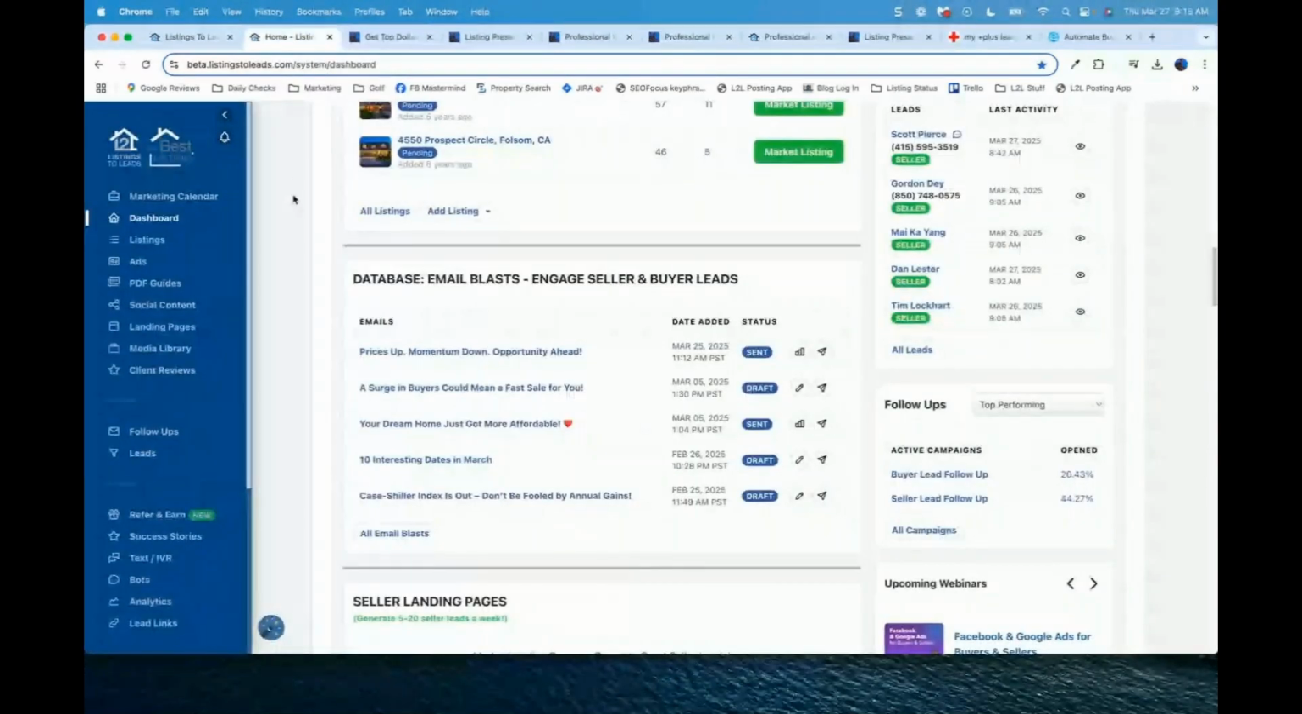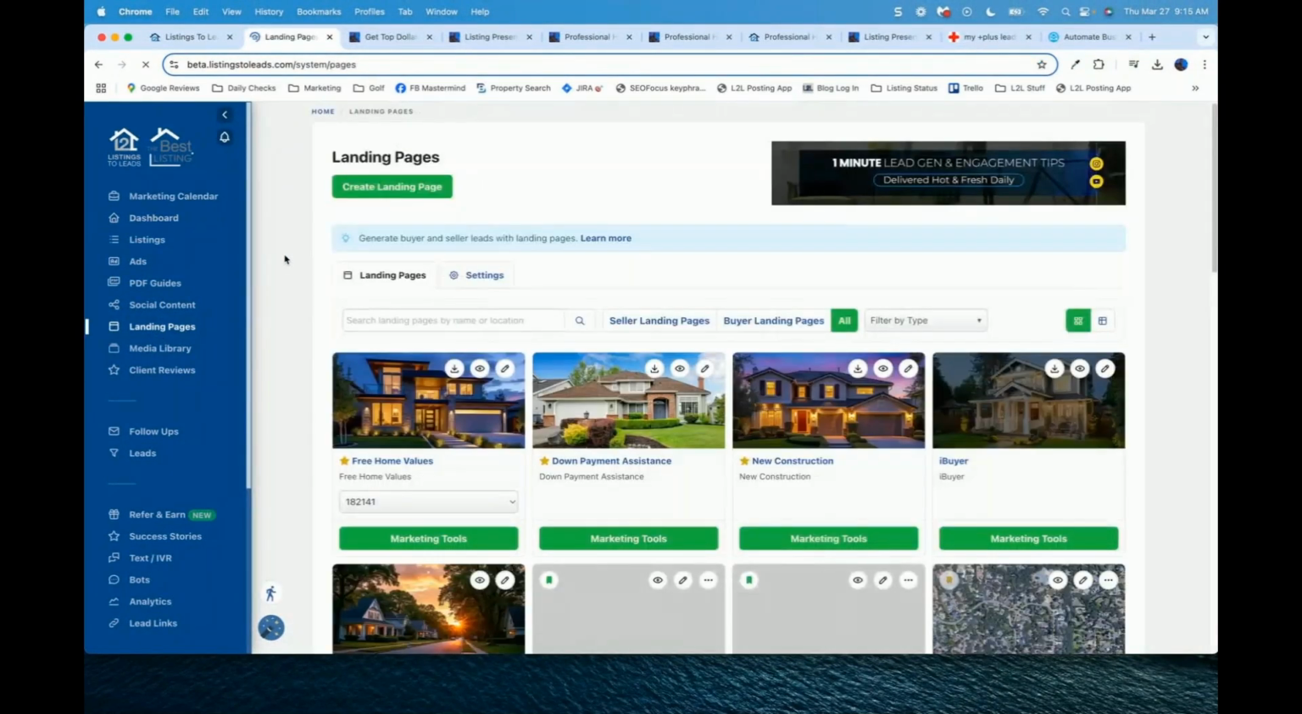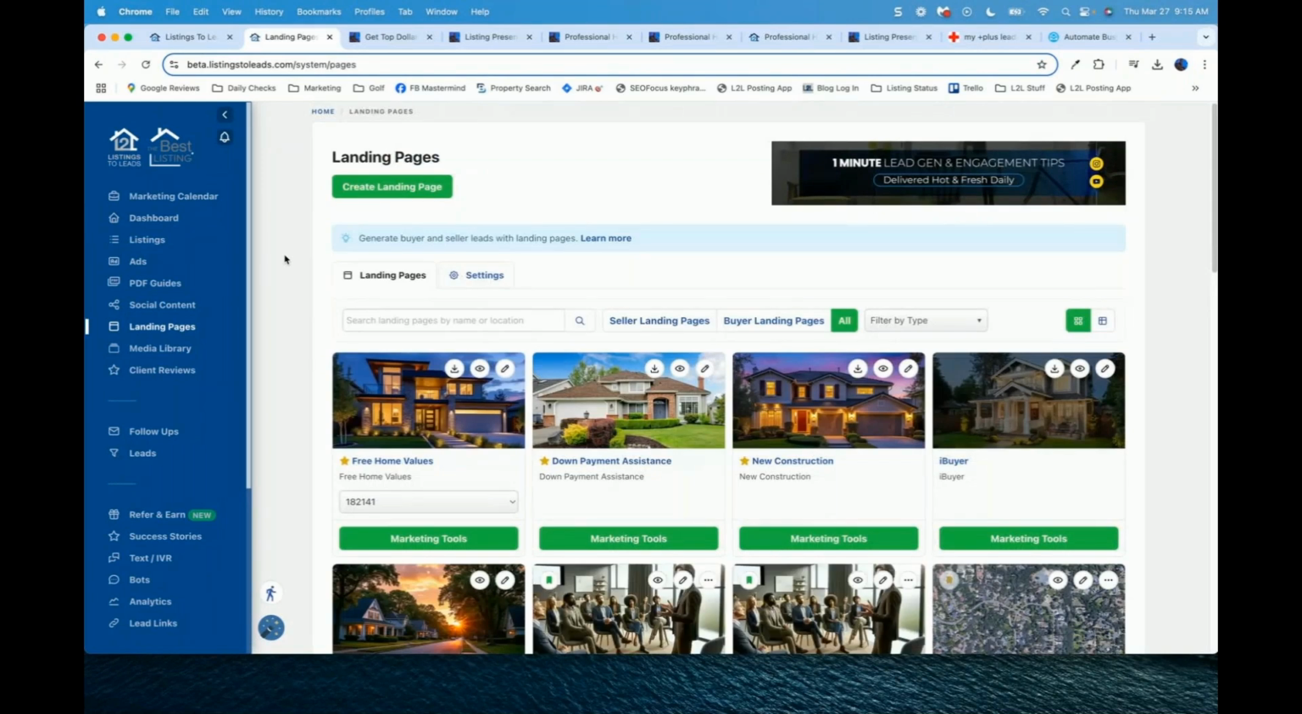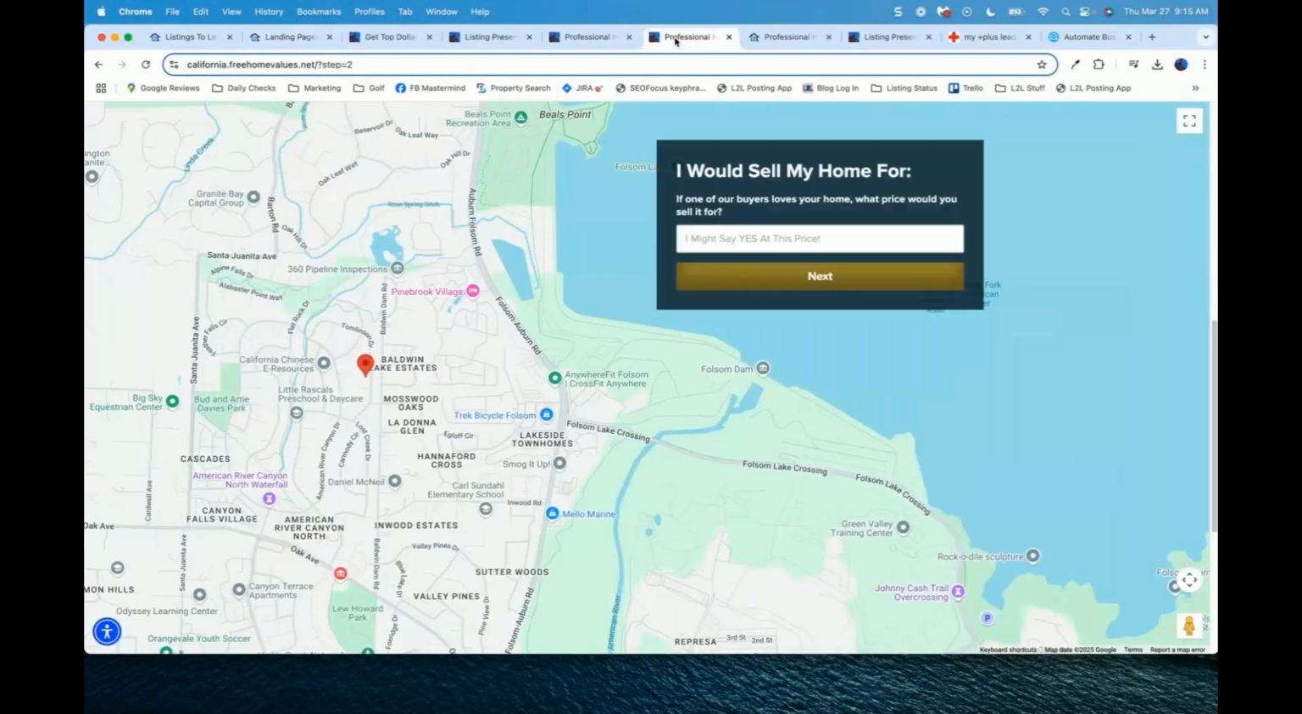And so from the dashboard, let's go to landing pages. Now that you've seen what it looks like. And again, you can create unlimited numbers of these things. The one I'm going to walk through today is called Free Home Values. It's right here. The cool thing about this version is notice the domain,